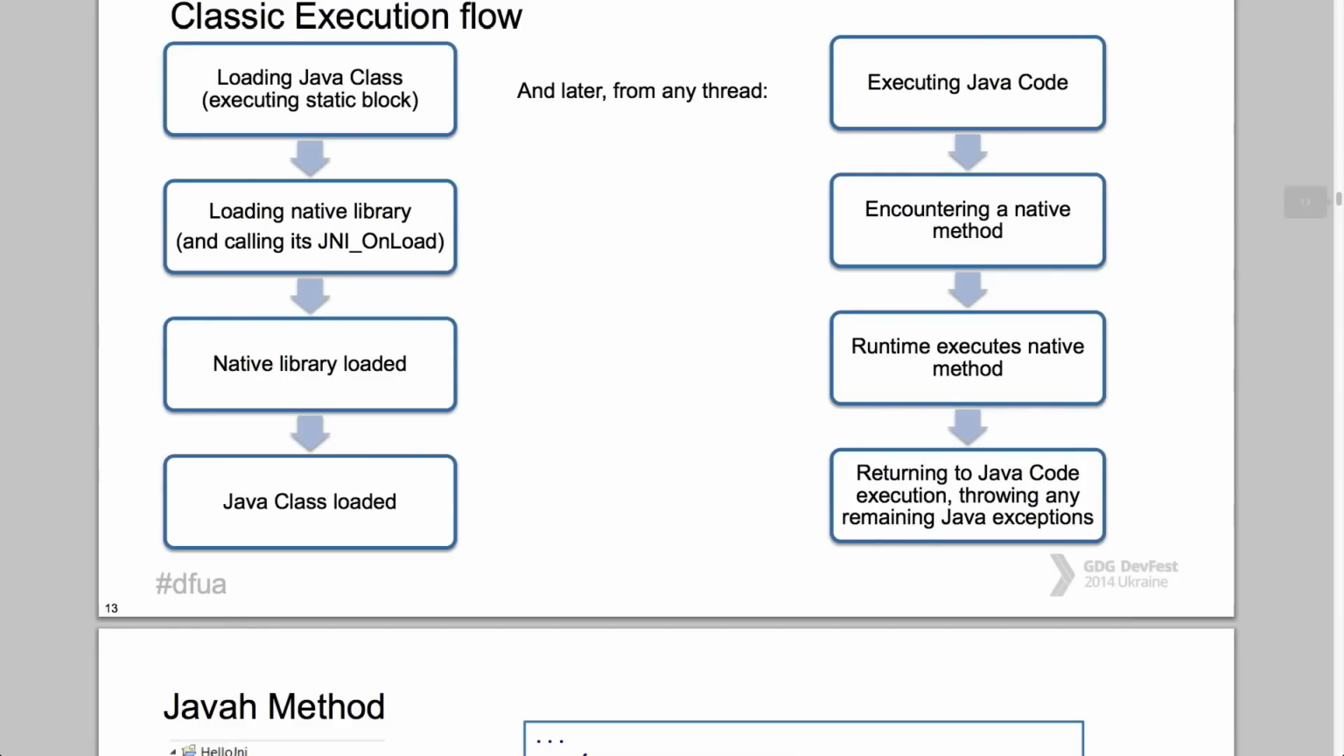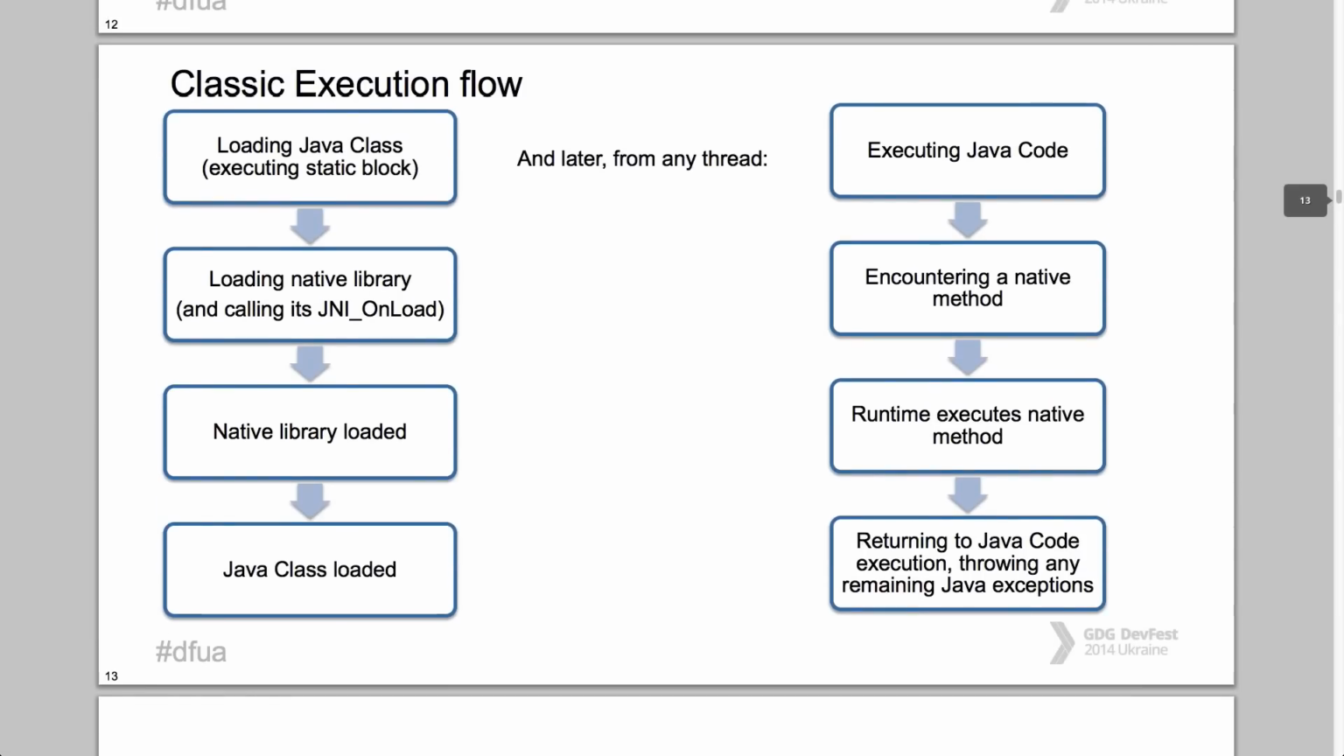So during runtime, here is what's happening. When you load your application, your Java classes are loading. The static blocks are executed, so your native library is then loaded. And once it's done, it's done. And later on, when you call the Java method you've declared native, then